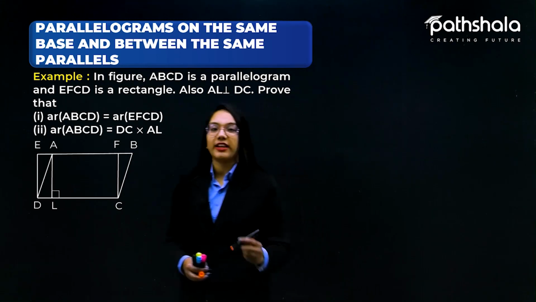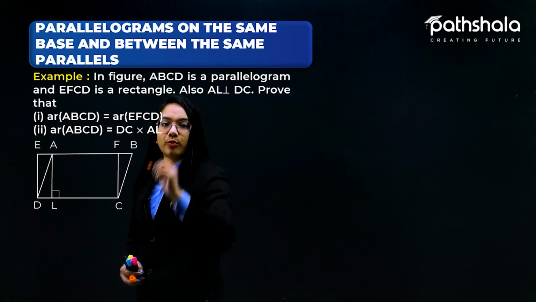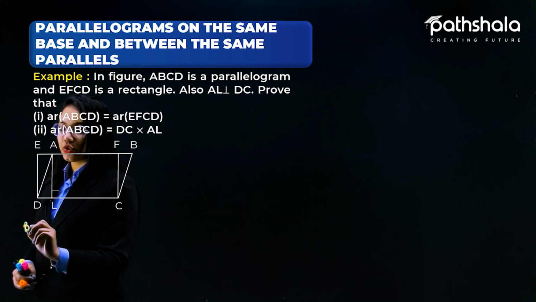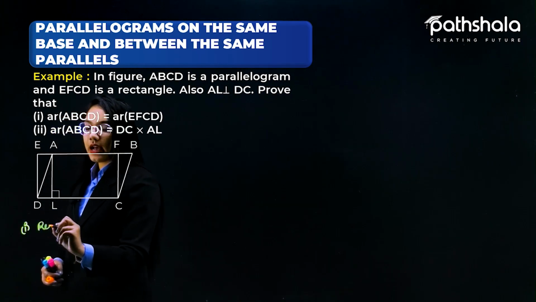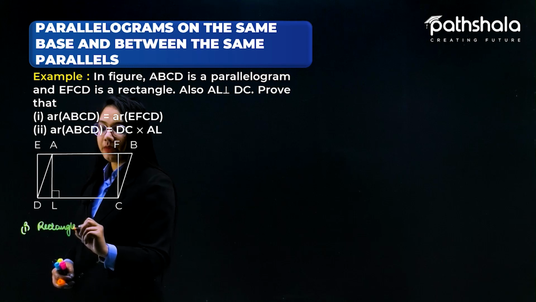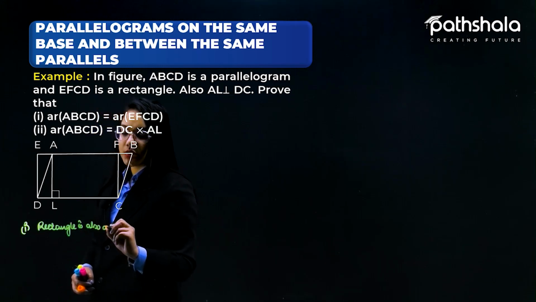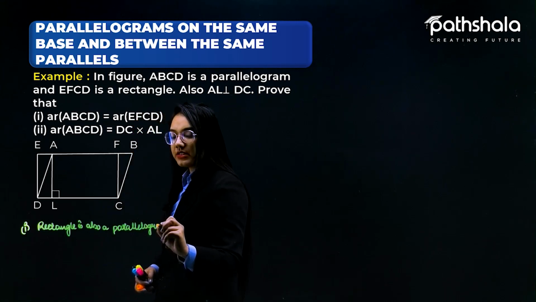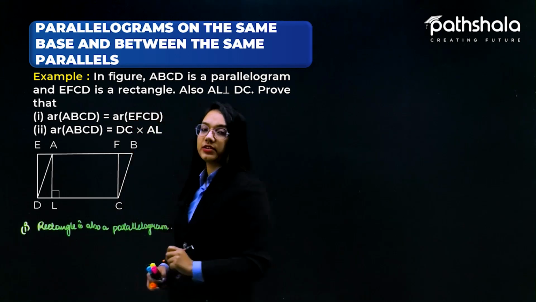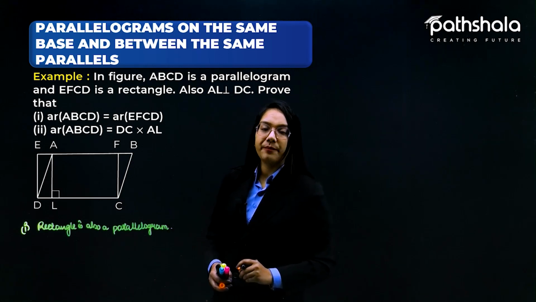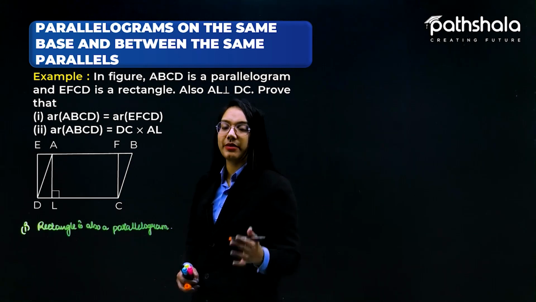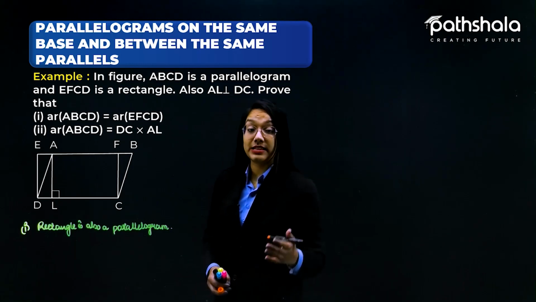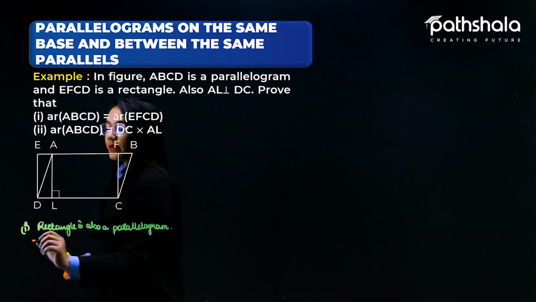So let's start with the very first part. In the very first part, we have to prove that the area of ABCD is equal to the area of EFCD. First of all, we also know that a rectangle is also a parallelogram. So if it is a parallelogram, then we can see over here that the rectangle and the parallelogram are lying on the same base and in between the same parallels. So if they are lying on the same base and in between the same parallels, then the areas are definitely equal by the theorem. So it implies that